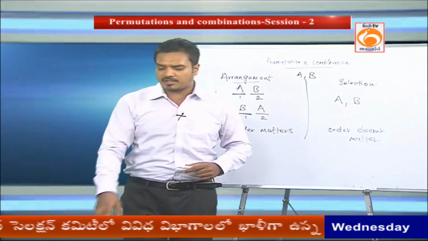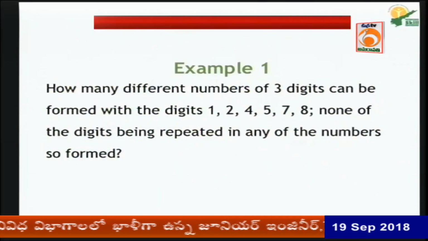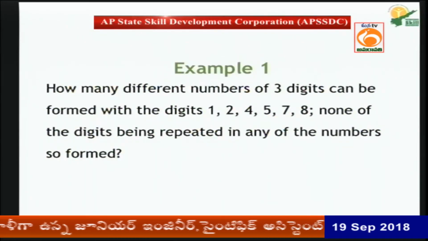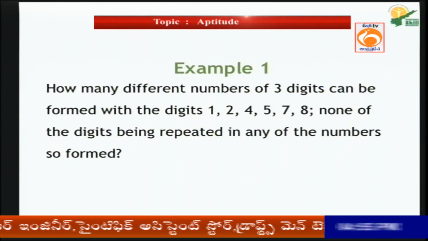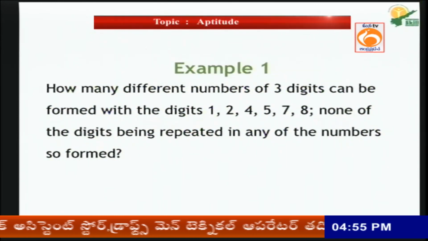Let's see the first question under permutations. If you observe, see how many different numbers of 3 digits can be formed. Here arrange and form mean the same. I repeat the question, how many different